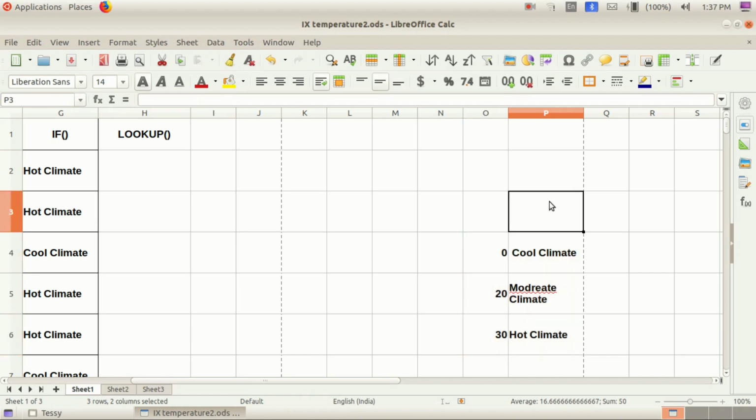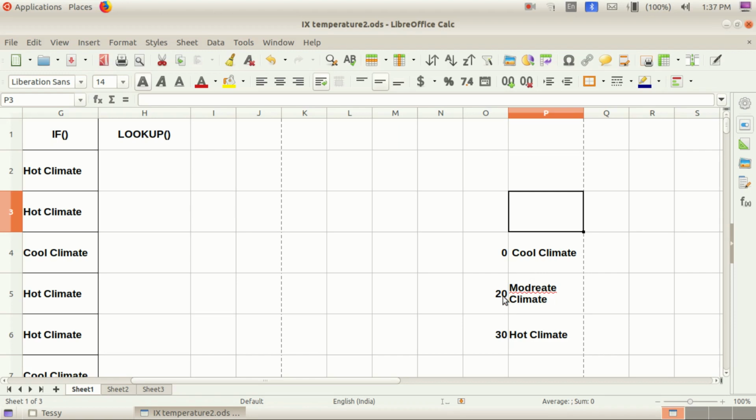Children, you understand that while we are preparing lookup chart, we always need to write the least value first. Then it will take from that value up to the next value range. That means 0 to 19 it will take as cool climate.